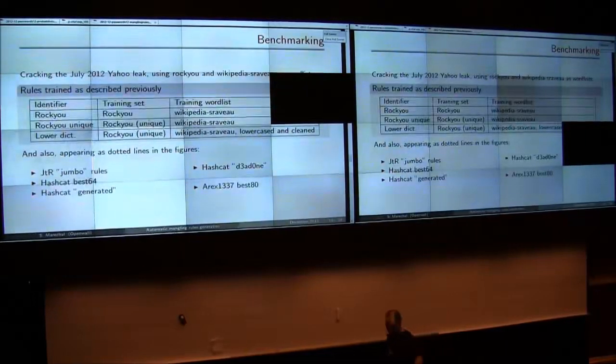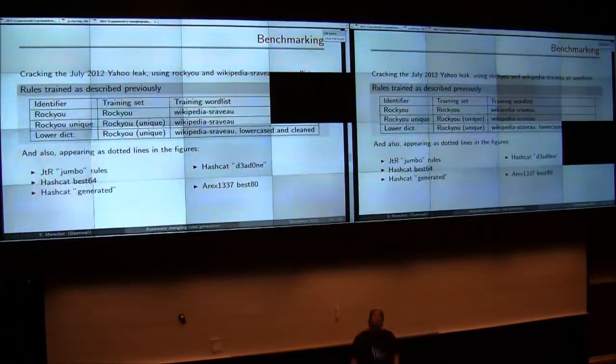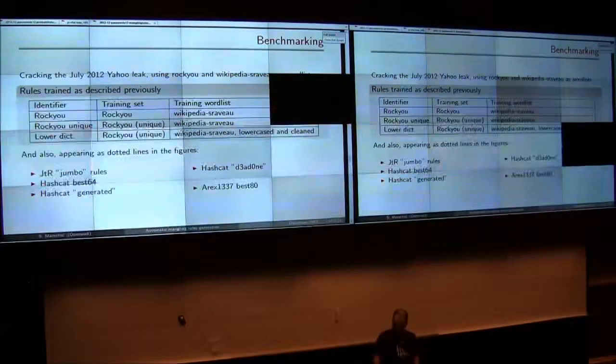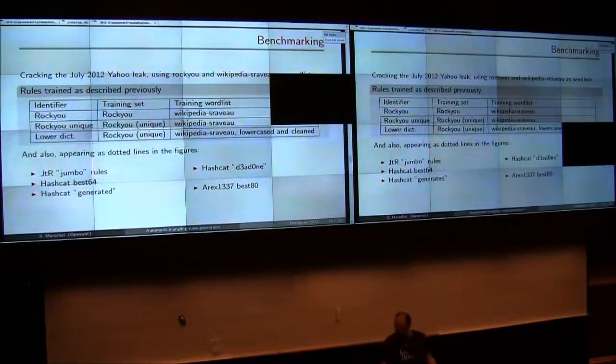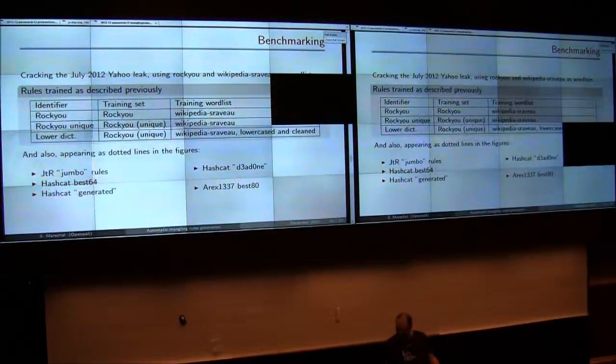So for the benchmarks, I have 3 sets of rules, which have been trained with different training sets and word lists. Basically you have those 3 sets. One is computed with having RockYou as a set of passwords and Wikipedia Travel as a word list. The second has RockYou with unique passwords, and the third is with unique passwords for RockYou and the cleaned up